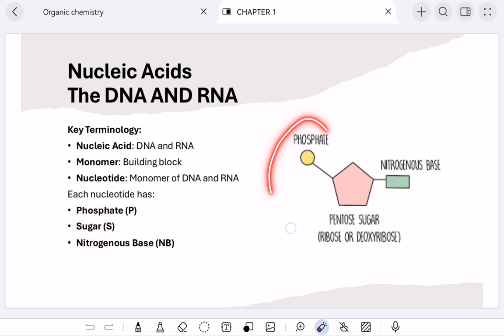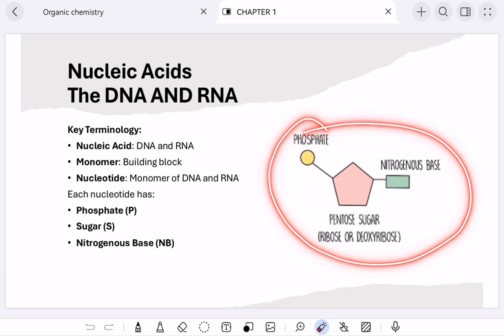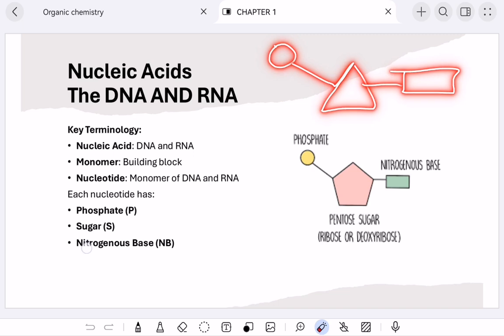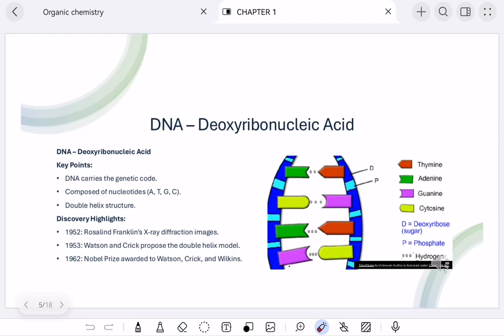In most textbooks, they are shown in this structure. You don't have to memorize the structure, but you have to be familiar with the pattern of arrangement of these nucleotides, right? So we have a phosphate ion, a sugar portion, and our nitrogenous bases. So let's focus on DNA. DNA in full is called